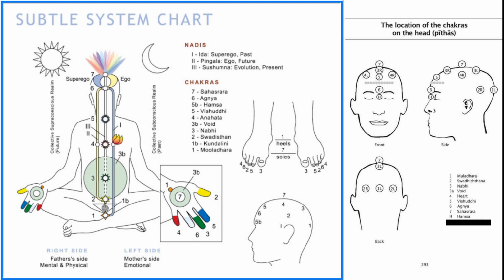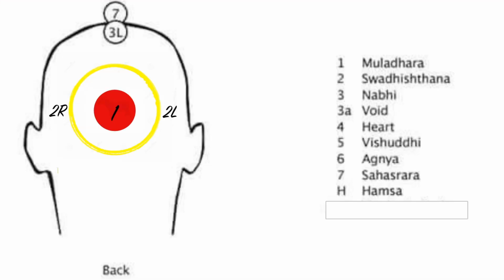To repeat, number 2 on the spinal cord, number 2 in the thumb, which is represented yellow in color, number 2 in the feet, which is the third toe, and number 2 above the ear, that is the Swadhisthana Chakra. Now if we see behind the head, we already know that the Muladhara Chakra is placed in the optic lobe at the center, and the Swadhisthana Chakra, which is yellow in color, is around it.